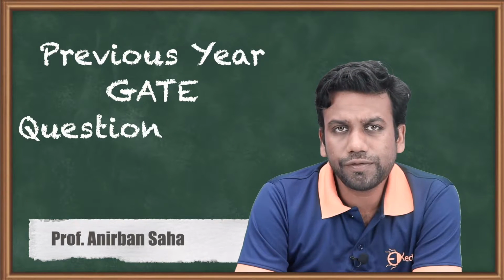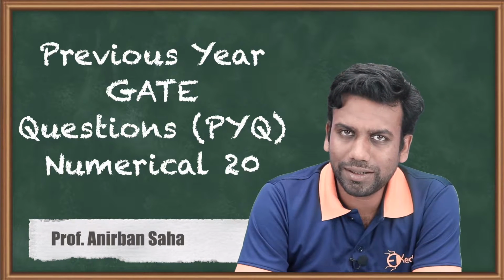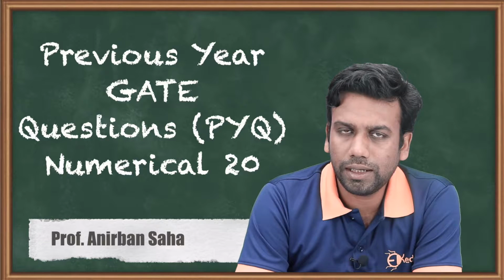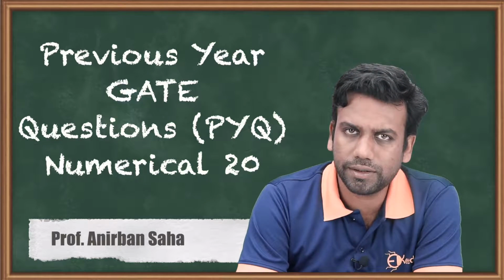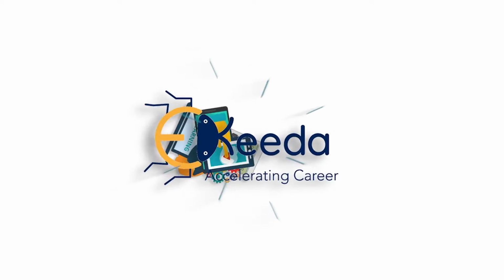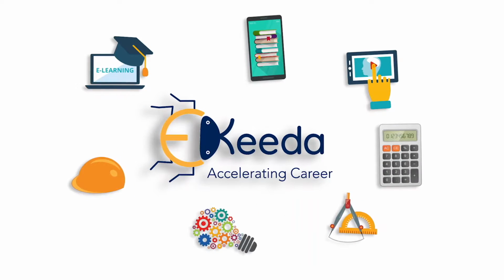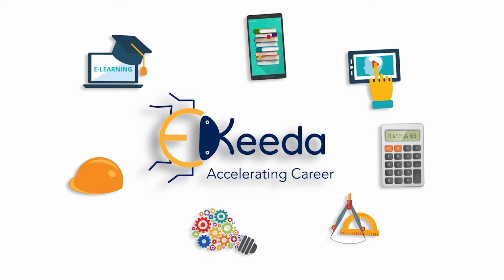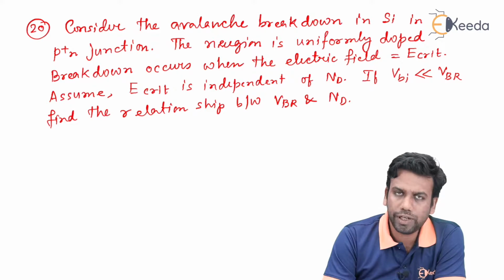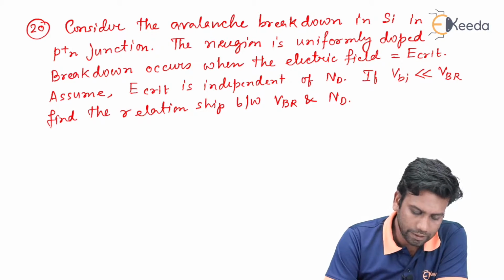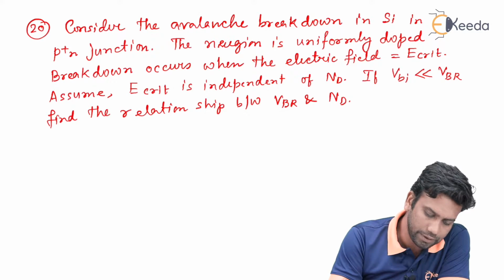Hello friends, in this video we are going to discuss the numerical on a previous year question on electronic devices. According to the given numerical, it is written: consider the avalanche breakdown in a silicon diode